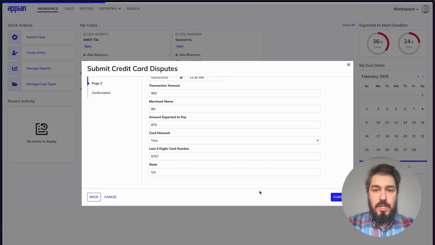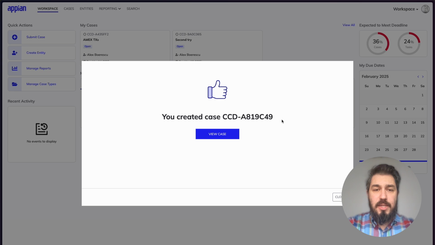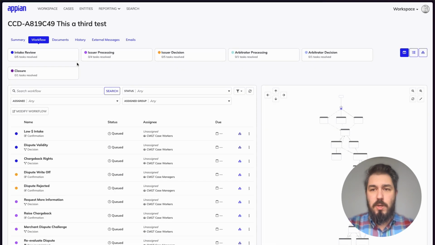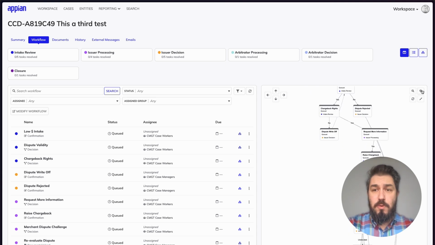And I'm going to have a confirmation. I'm submitting it. And once the case is created, I will get a case ID. There you go. This is our case ID. We can either view the case directly here or search for it in the case list. Let's jump straight into it. Now, the tasks are being generated by the system, so we're not going to see much in the workflow yet. It will take a couple of seconds for this to pop in. There you go. So we already have the case in,